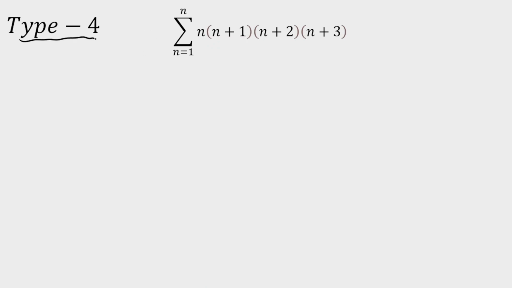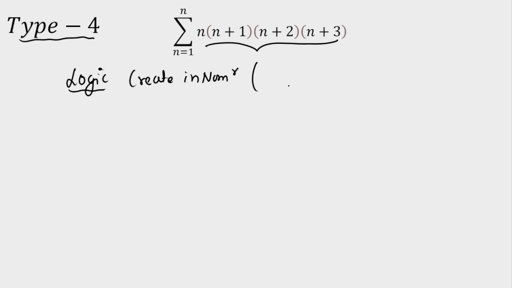Now if you observe, type 3 and type 4 are exactly similar. The difference is in type 3 you will get r factors in the denominator, in type 4 you will get r factors in the numerator. And the logic which I'm going to give you will be applicable when the difference between the factors is in AP. The difference can be 1, the difference can be 2, the difference can be 3 here. So the logic which I'm going to use here is, you have to create in the numerator